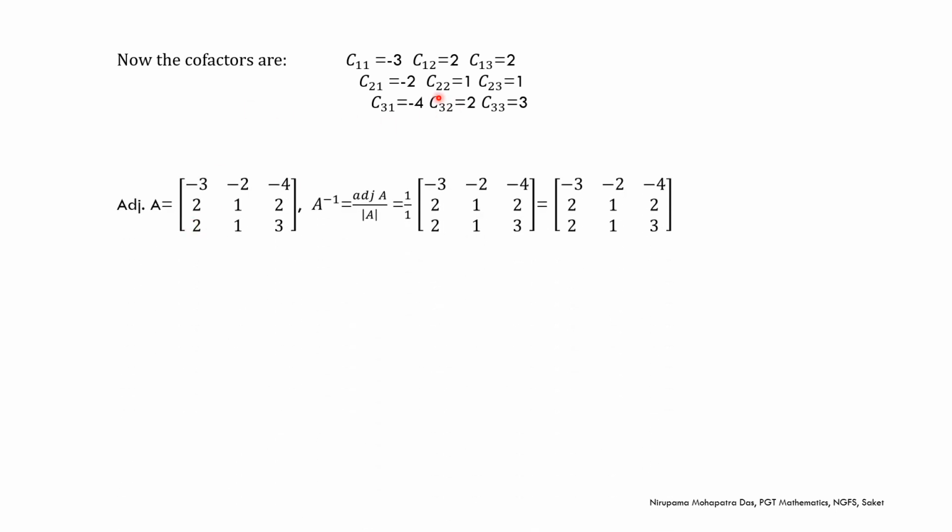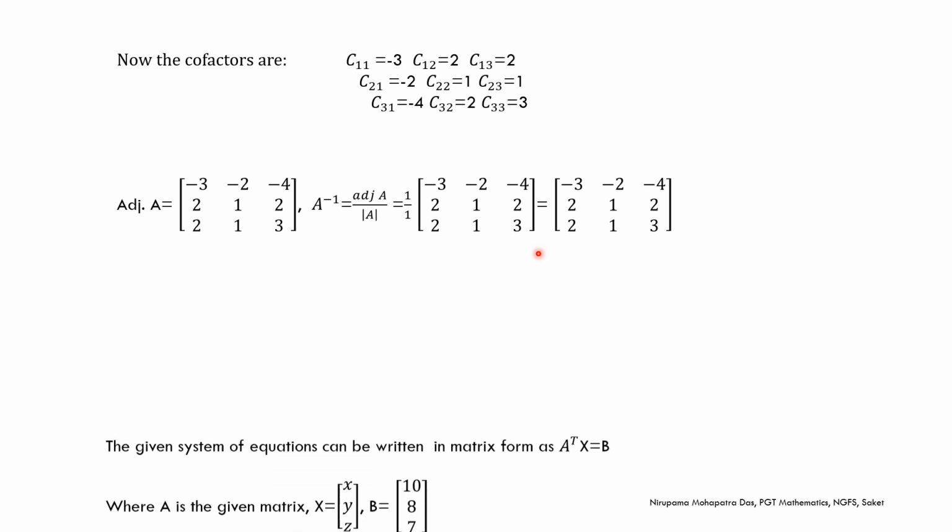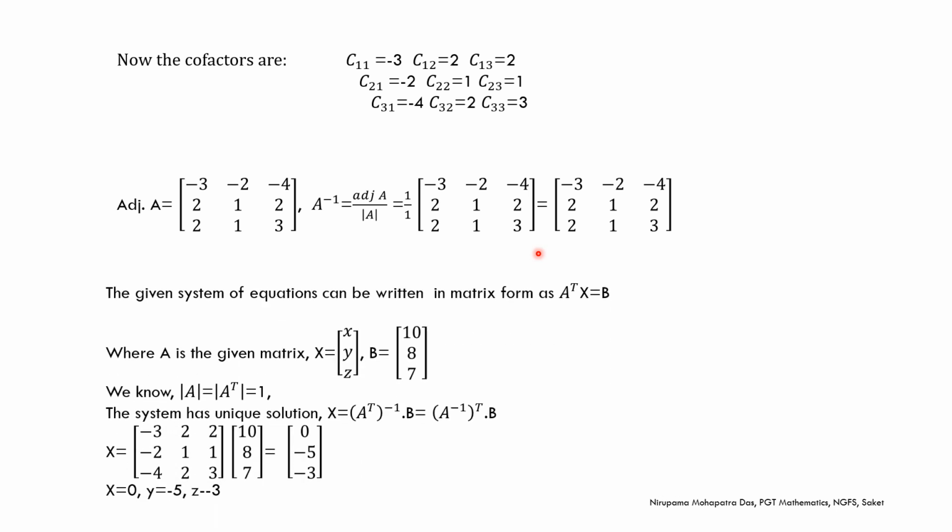Now adjoint of A is, see, -3, 2, 2. First row, here it is the first column. Basically taking the transpose of the cofactor matrix directly from here. And determinant of A equals 1. So here A inverse equals adjoint of A. Okay, so the first part of the question is over. And for the second part, as we have discussed, you are given the cofactor matrix and A matrix, they are transpose of each other.